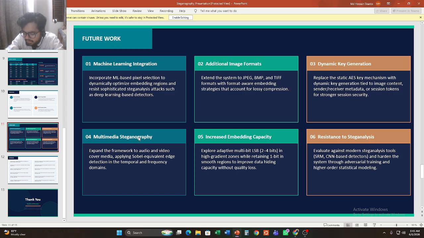Rather than using a fixed AES key, keys could be generated and tied to image characteristics or to biometric data. Direction 4, multimedia steganography, extending the framework to other media. The future work is thereby completed.